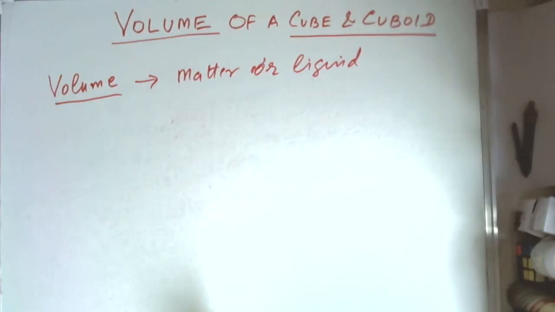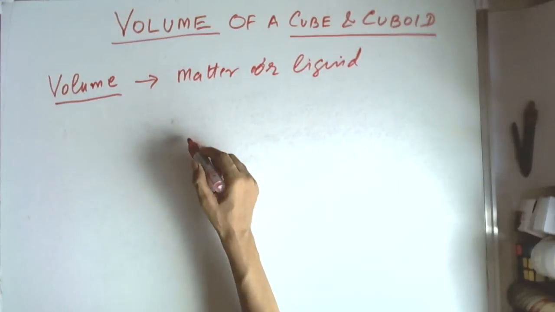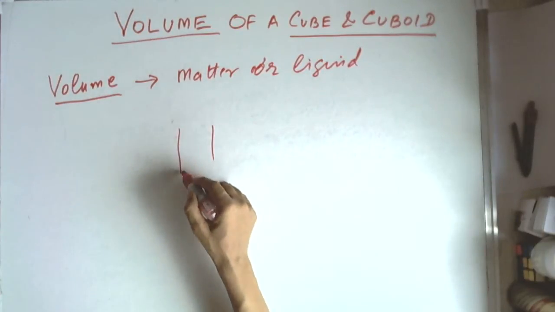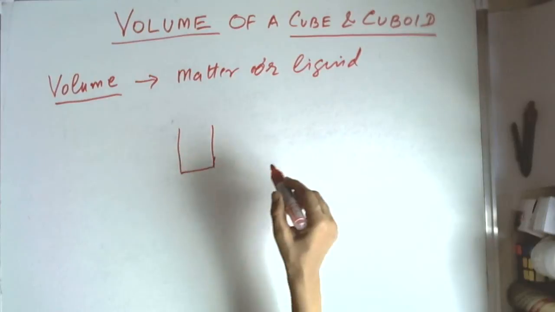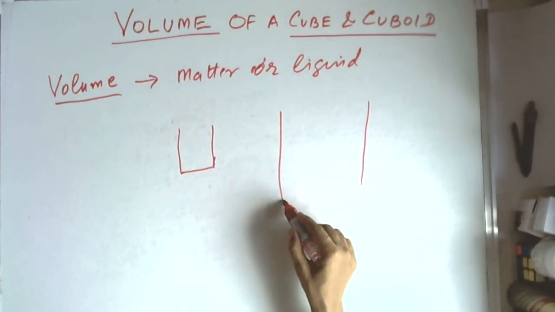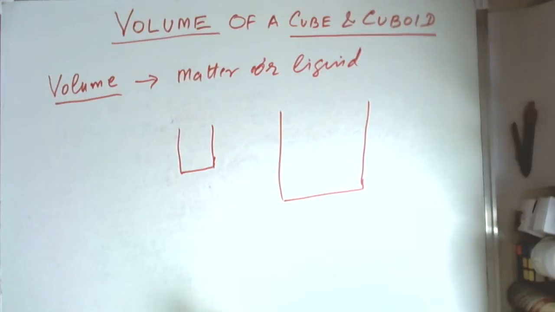Say for example, if we have a container or a glass, we have a small glass, we have a big glass, we have a cup. All these utensils which you use in the kitchen, they can store water, they can store milk, they can store our vegetables, everything they can store. So if the container is small, then it can store less. If the container is big, then it can store much more volume.